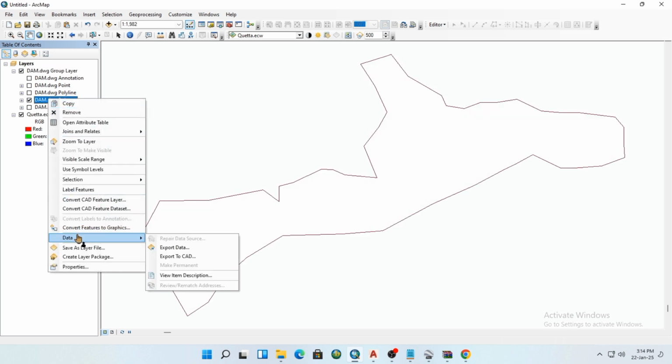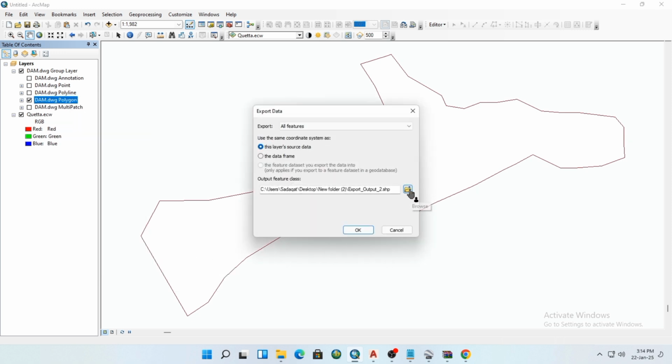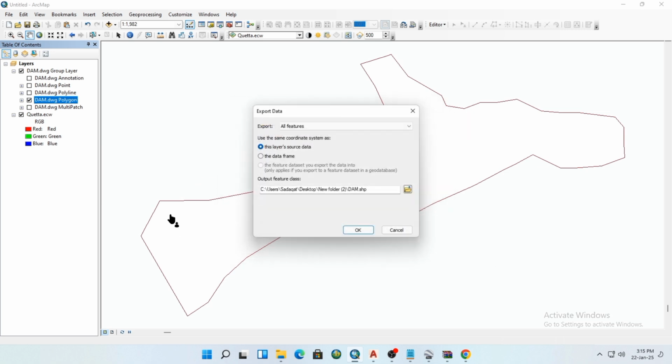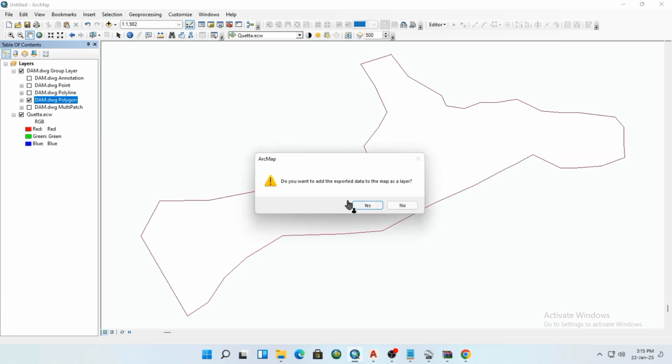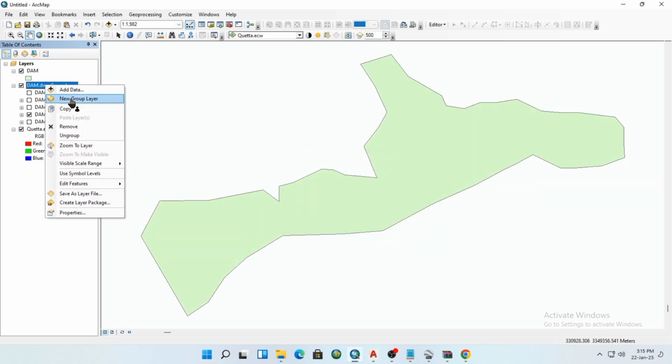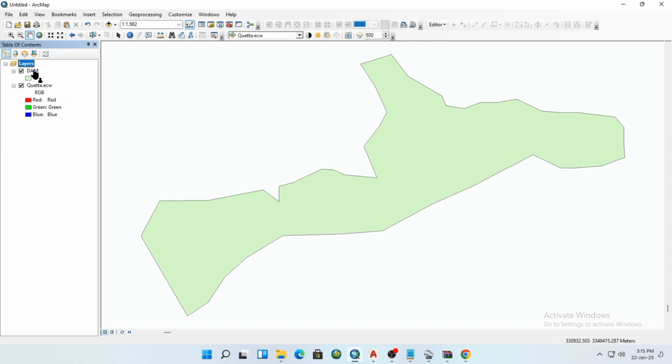Right click and go to Data, Export Data, select the location where you want to save it, rename it, and save. The type will be a shapefile, and then click Save. If you want it to open directly in your layer, then click Yes. So our shapefile is generated, and now we will remove our group layer from the Remove tab, and